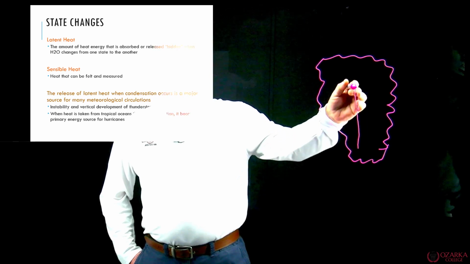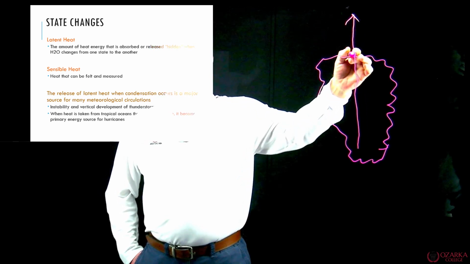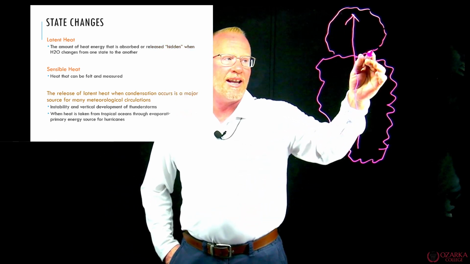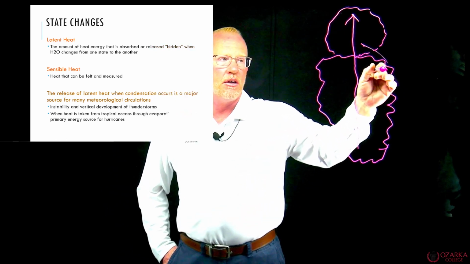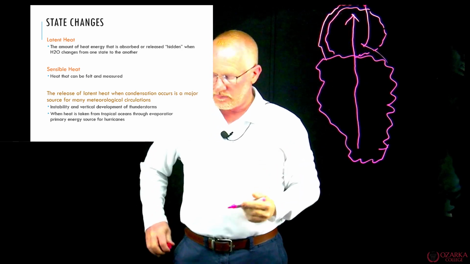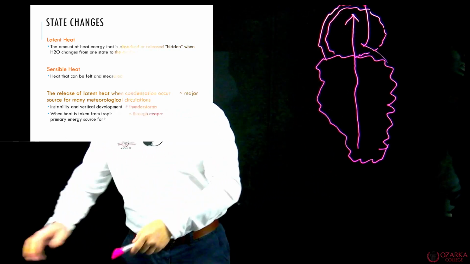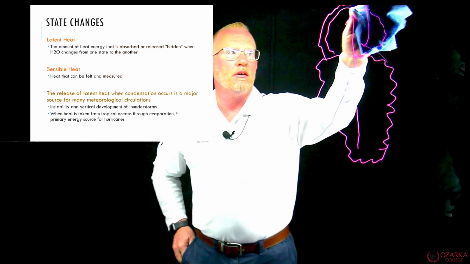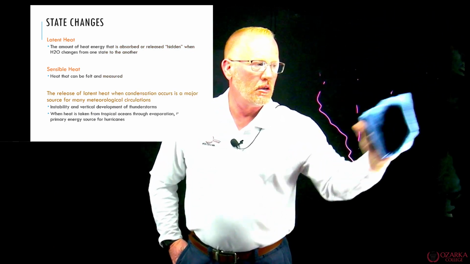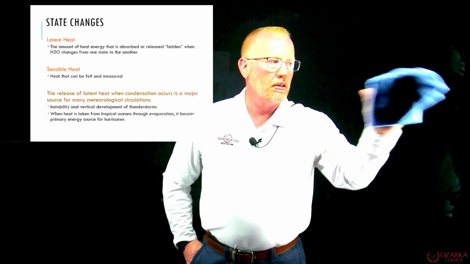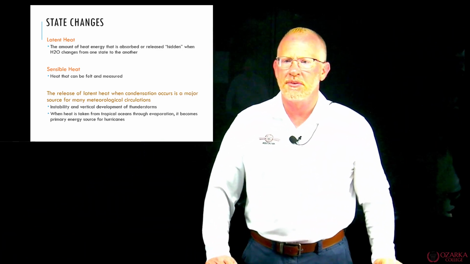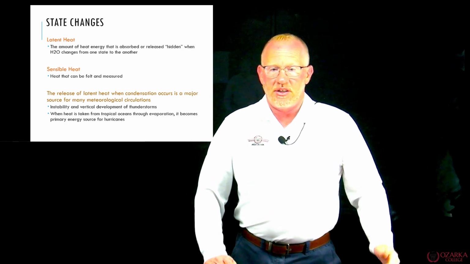As the heat rises and goes up, more clouds are going to form. Well, when more clouds form, latent heat is pushed out. That latent heat rises, and more clouds will form. Okay? So latent heat is a byproduct of water going from one state to the next. Very simple. Okay? Now, sensible heat is just heat that can be measured.